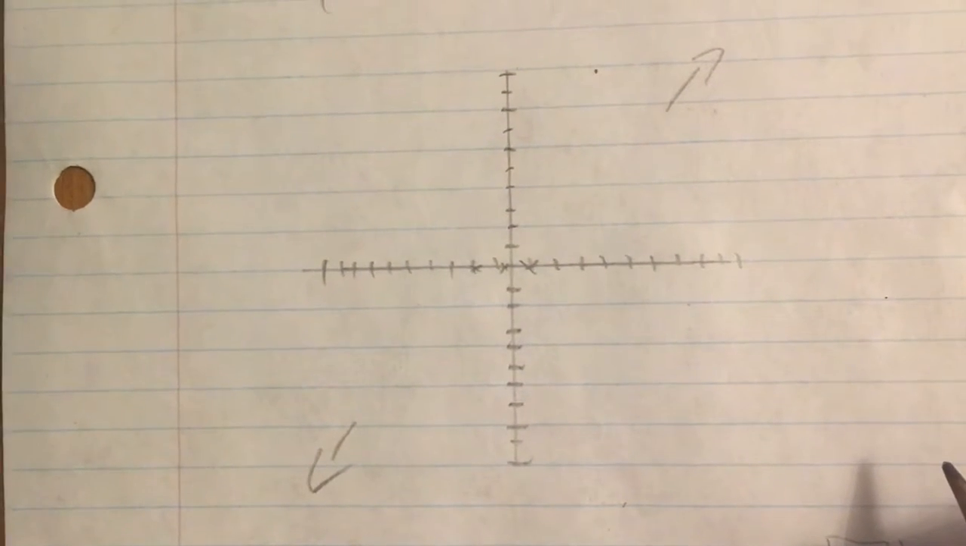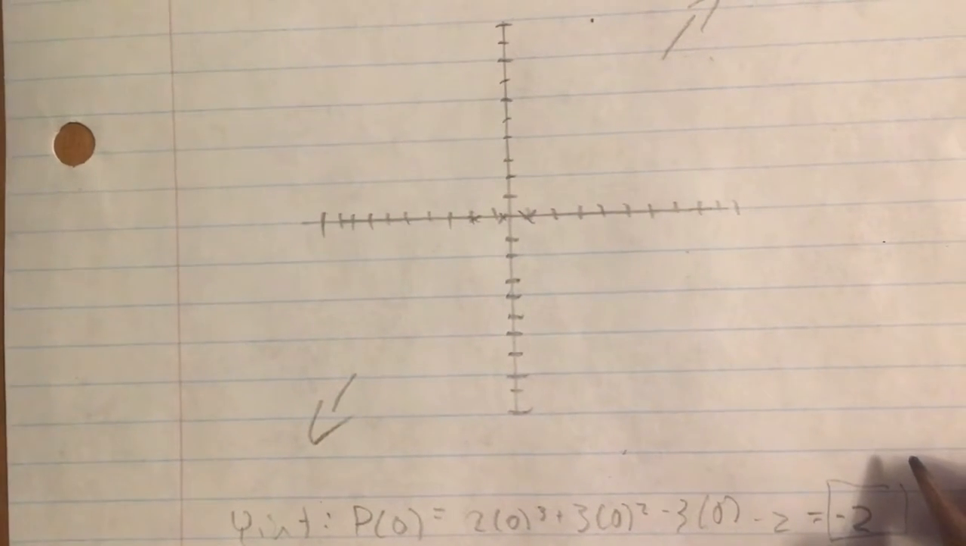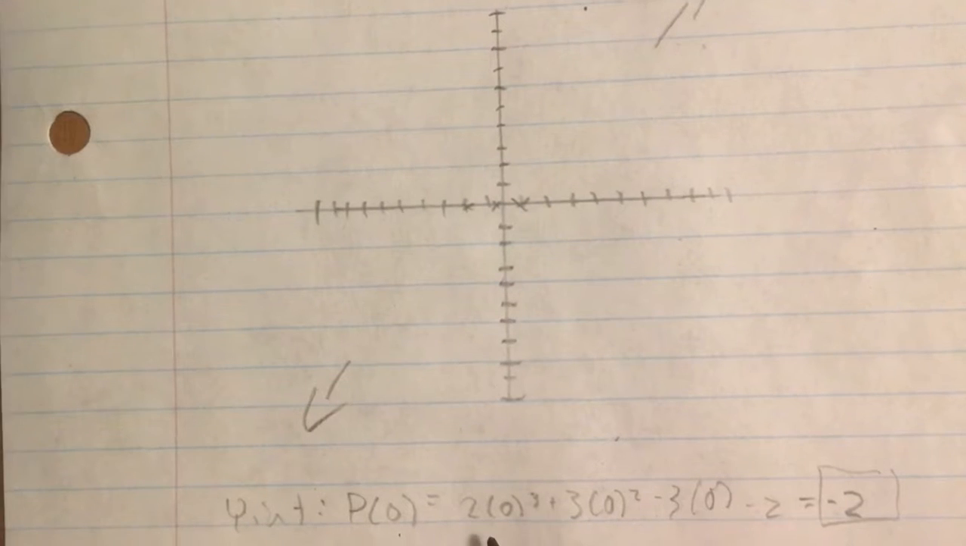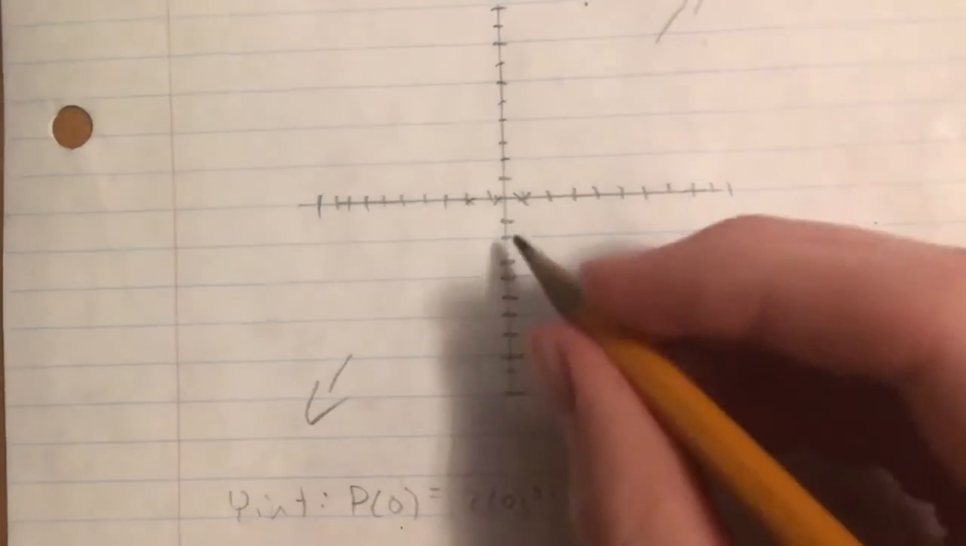So the next thing we're going to do is find the y-intercept, and I've already gone ahead and done that, so it will look like that. If we do this equation and plug 0 in, we will get a -2,